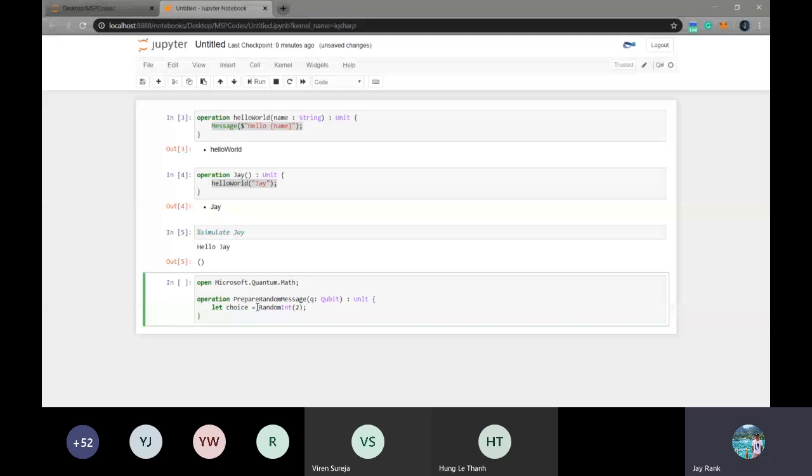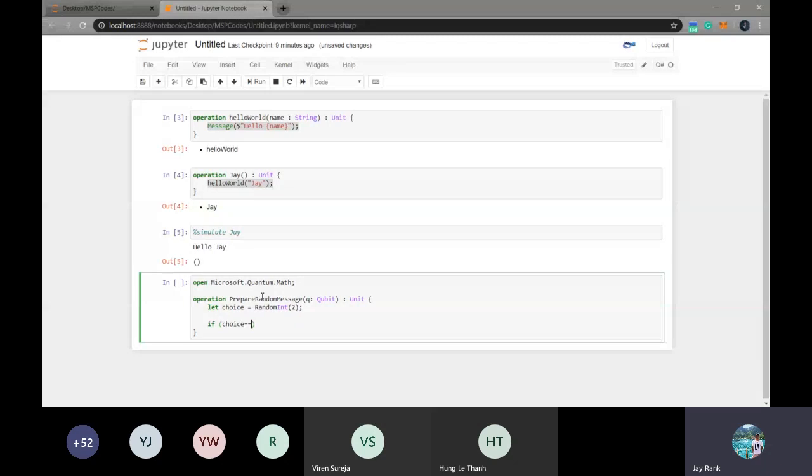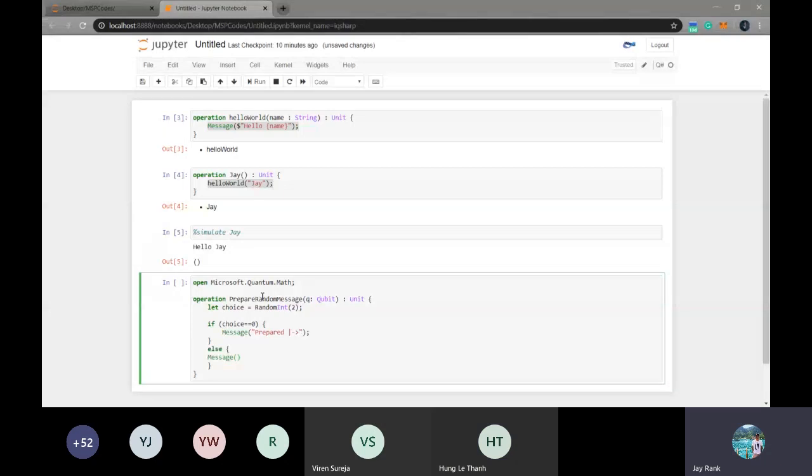Okay, so now if choice is equal to 0, then message we have prepared a negative, or let's just say keep it negative, entangled state, else message prepared a positive state.